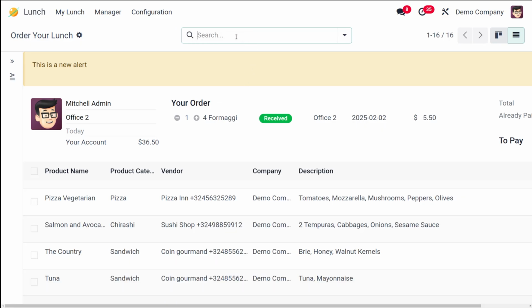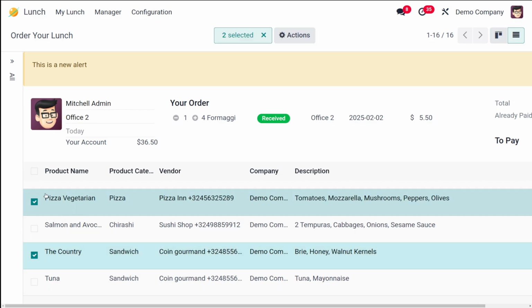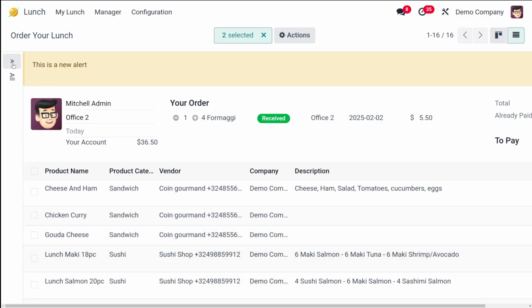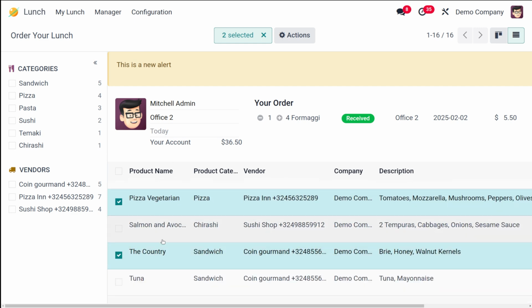That's not available today. Okay, fine. So here we have this. So I'm choosing the pizza vegetarian and the country. Okay, so both of them have been selected right now. Okay, two selected. Okay, now if you check the check boxes in each section to filter by multiple categories, your filter will only show the products that like what I did before.